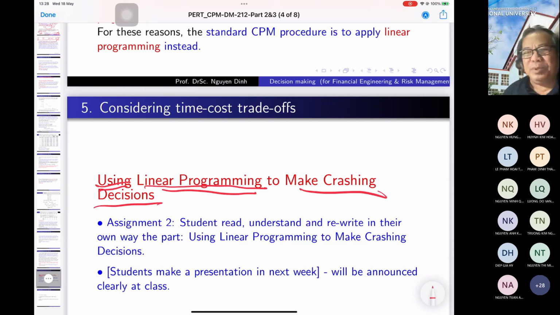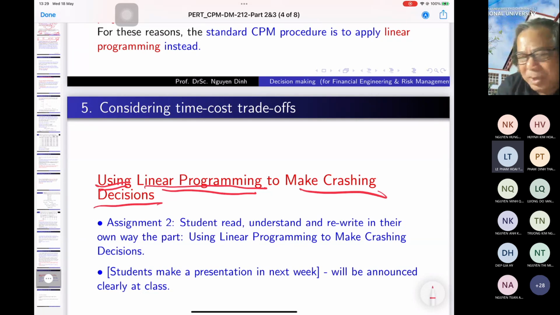I just want to tell you two things. One, you should make a relation. We have three topics in our program: optimization 1, optimization 2, and decision making. Decision making is a bit more application, and it raises up the knowledge. It gives you the idea of how to apply mathematics in our life, in management or problems like this.